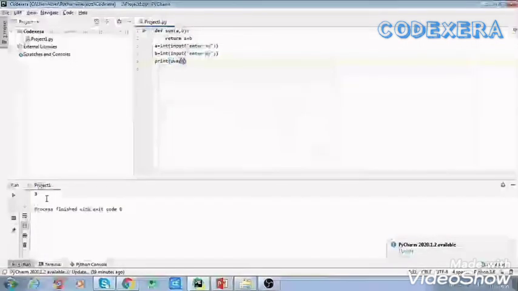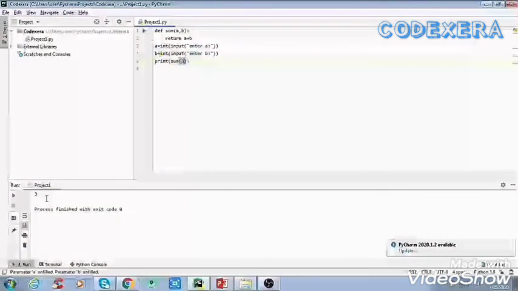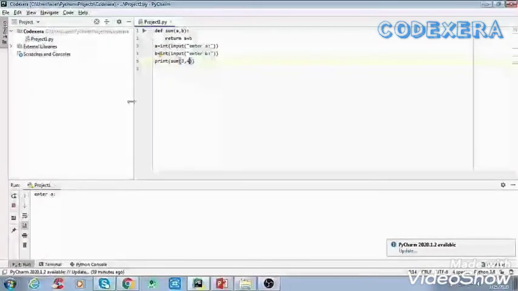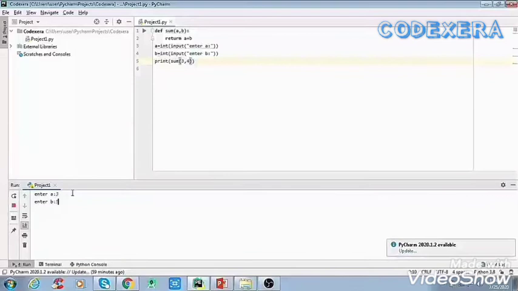So sum, here we'll write the parameters which we want. So I want 3 and 4. Now we'll see that it is asking for input, then we'll enter 3 and 5. Here we are seeing that it is not giving the right output, because by adding 3 and 5 it should give 8, but it is not giving that, because we have entered 3 and 4 in the place of a and b. That's why it is giving 7 as output.